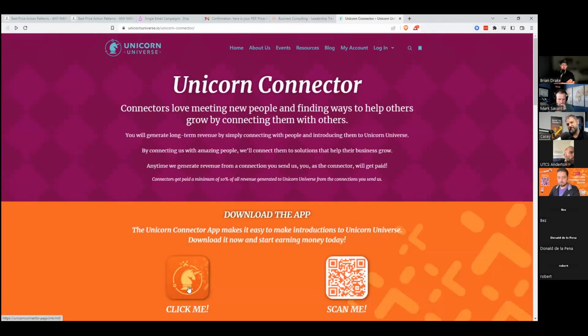Put maybe a more clear Android style button or an app style button so they can tell what it is, and then the clear benefit of the app. Something very specific, like start making connections with big time podcasters or big entrepreneurs or people that are going to move the needle for your business today. Start making connections that will grow your business by up to 100% today. Real clear benefits, real clear headline, and real call to action. Okay. Yeah, that's good.